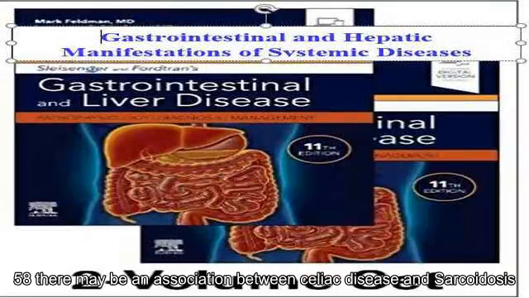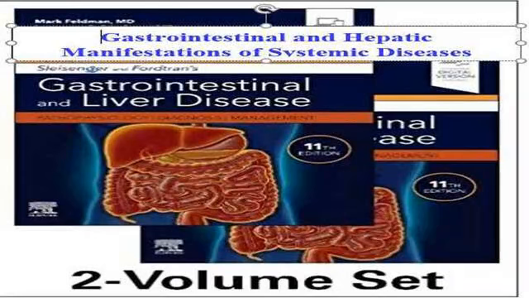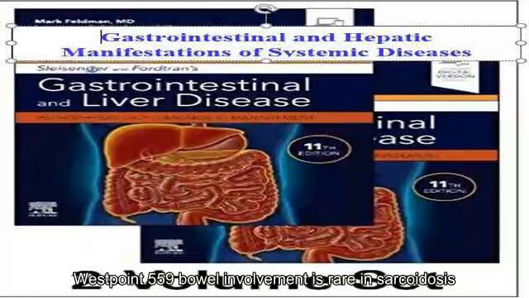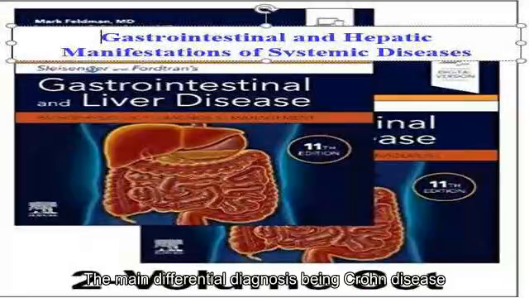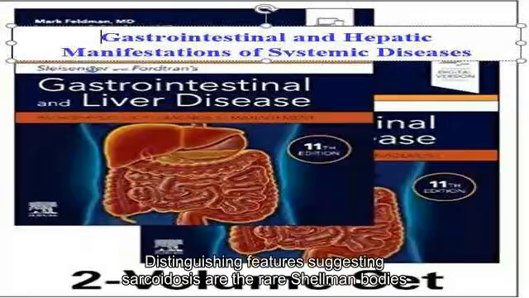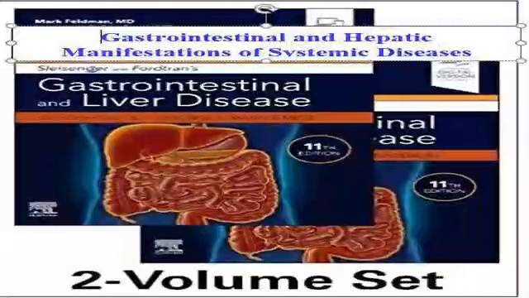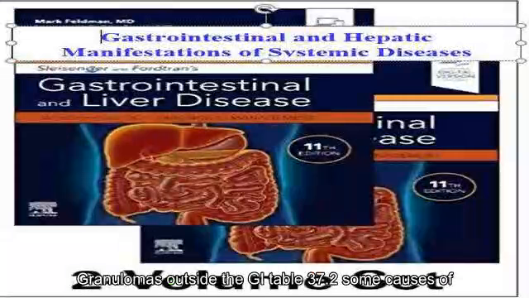There may be an association between celiac disease and sarcoidosis, perhaps because both disorders are linked to HLA-DQ2 and HLA-DR3, result from defective antigen processing, and involve an increased expression of class II HLA molecules. Bowel involvement is rare in sarcoidosis, the main differential diagnosis being Crohn's disease. Distinguishing features suggesting sarcoidosis are the rare Schaumann bodies, concentrically laminated intracellular inclusion bodies, granulomas outside the GI tract,